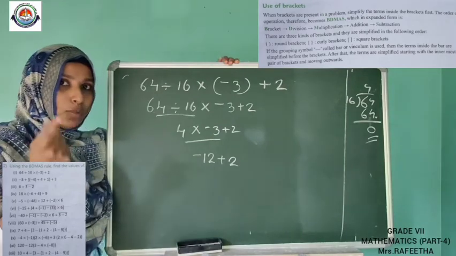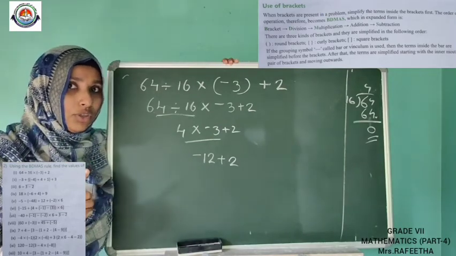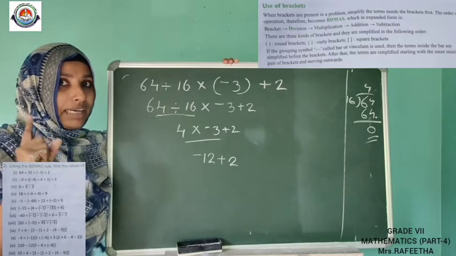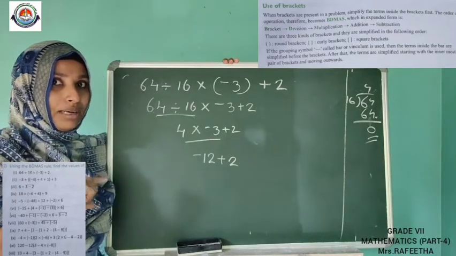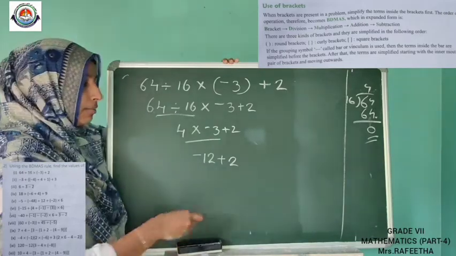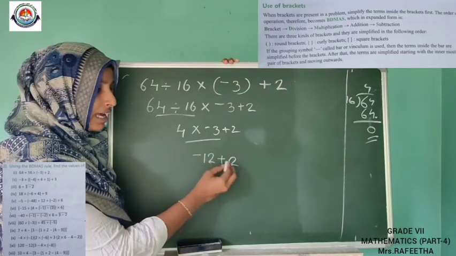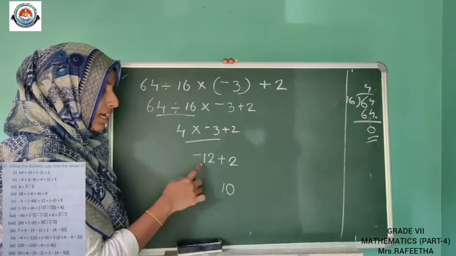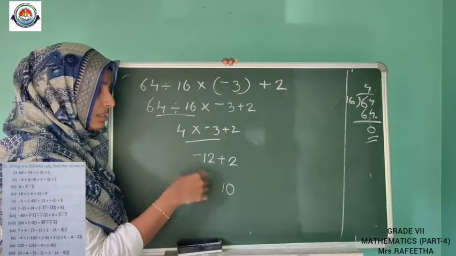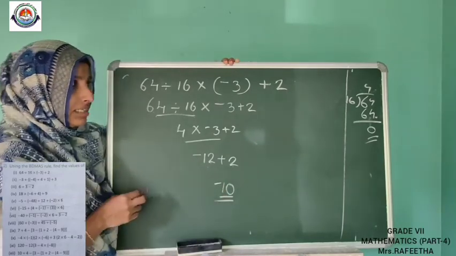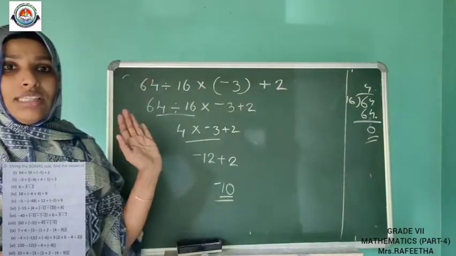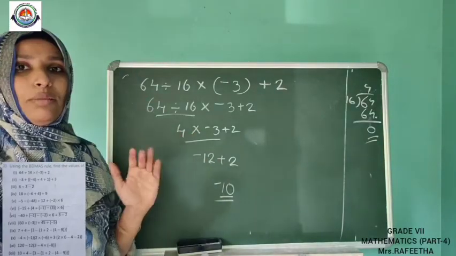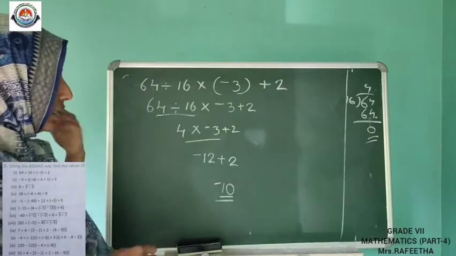So, minus 12 plus 2 what will be? I said that when opposite signs are adding, what do we want to do? Yeah, that is bigger number minus smaller number and put the sign of the bigger number. Here bigger number is 12 and smaller number is 2. So, 12 minus 2 is 10. And what is the sign of the bigger number here? Yeah, that is minus. So, the answer here is minus 10. Now we solved this. This is the method of doing this problem like BODMAS. Okay, so we can do the next problem.